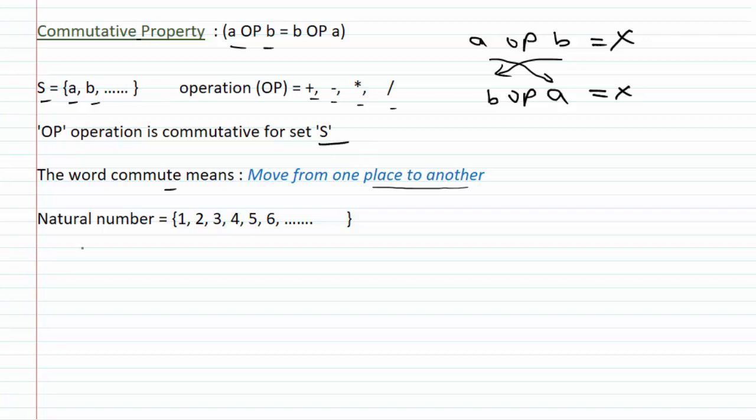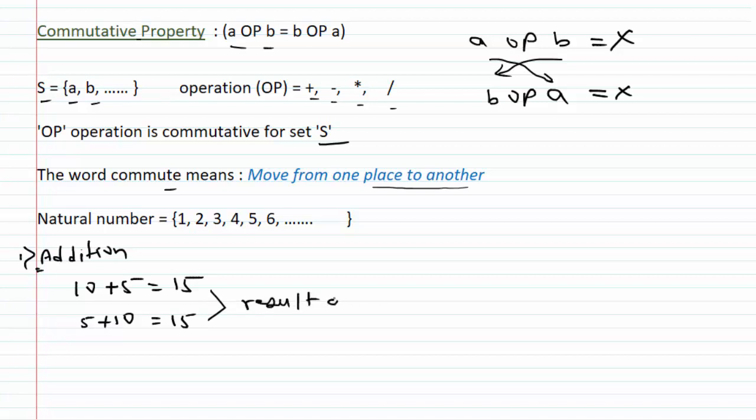Again, let's take an actual number set, that is natural number, and the arithmetic operation as addition. So the operation we will perform that 10 plus 5 we get 15. And now swap the location of the numbers such as 5 plus 10 we get again 15. Here in both the cases results are same. Let's take another example. 5 plus 3 equal to 8 and 3 plus 5 equal to 8. Again result is same.